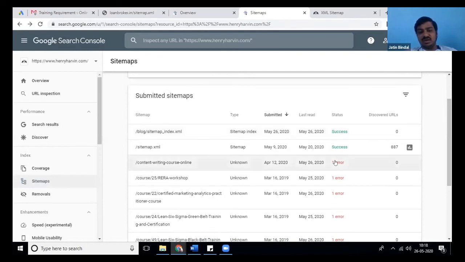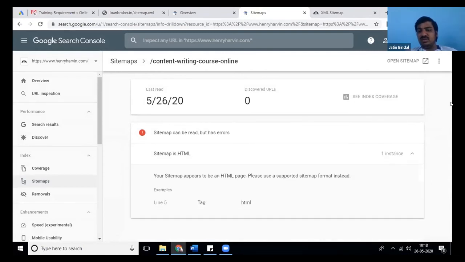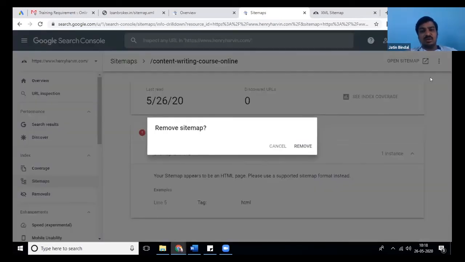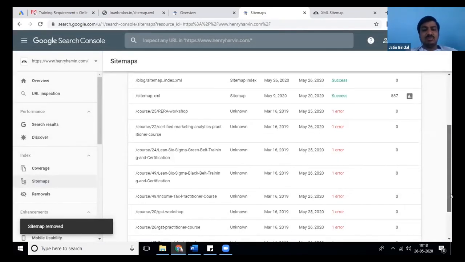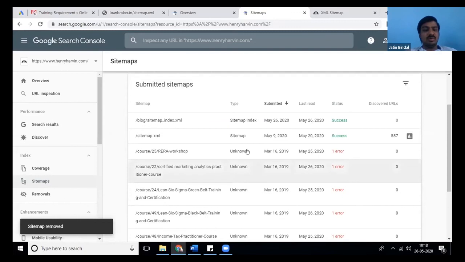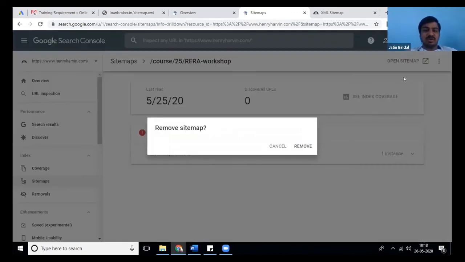If you see an error like this, that means your sitemap is not correctly placed. One of the people, I believe, has just put the URL. In case you have done something wrong, remove the sitemap. It's critically important not to keep a wrong sitemap on your website.